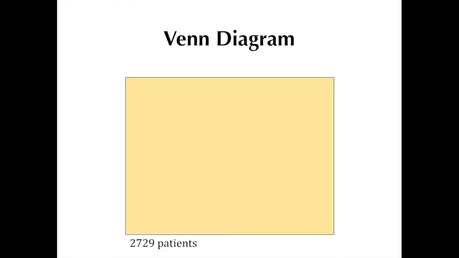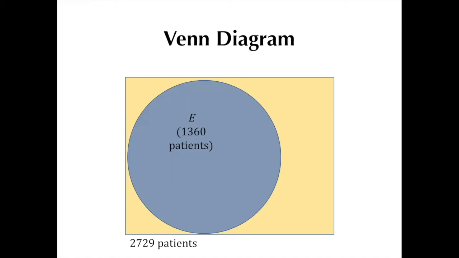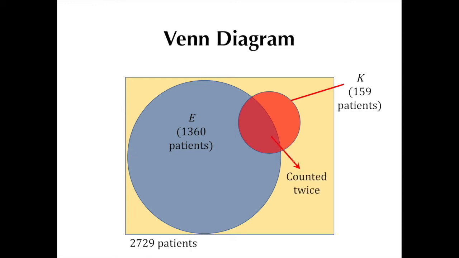We again have here the complete set or the universe, which has the 2,729 patients to which we have data on adverse events. We then let this circle here represent the patients who were randomized to the eplerenone treatment arm. Now this other circle here would then be for the 159 patients who developed hyperkalemia during the course of the study. Take note these two circles overlap each other, and this overlap will actually be counted twice if we use